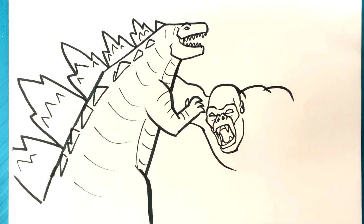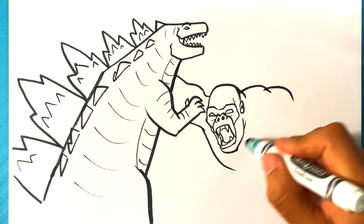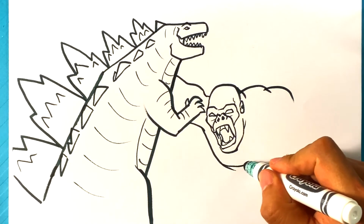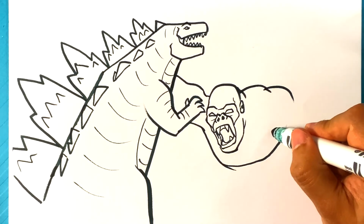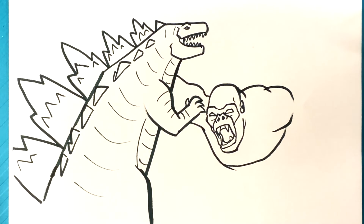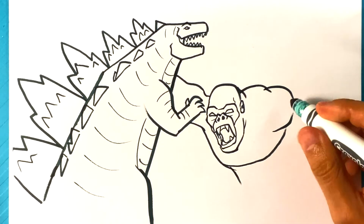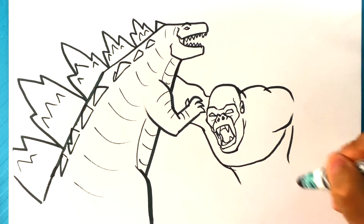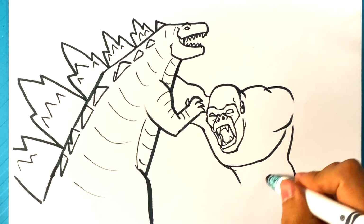Line up. Line over here. And I'm going to draw a line across over here for his chest area. And over here for his shoulder, or his deltoid. It's going to be around this area. Pulling down over here on the side of the rib cage, and he is going to be kind of stepping